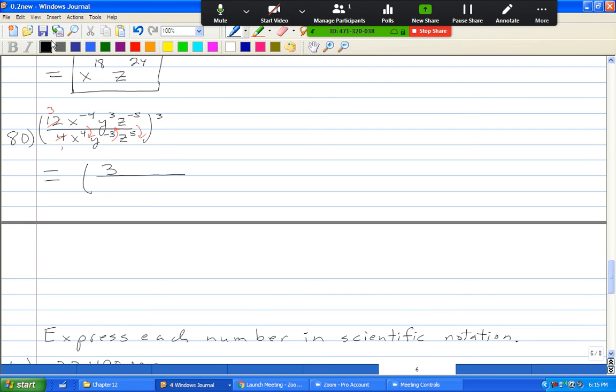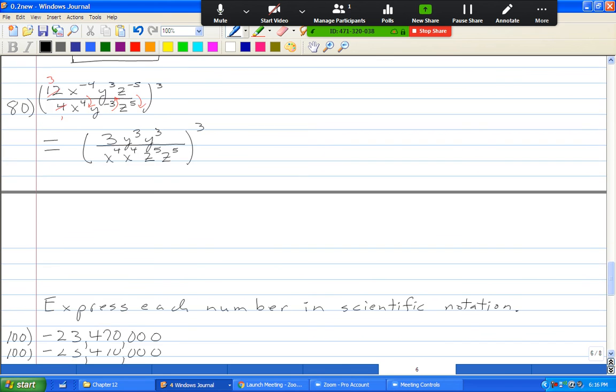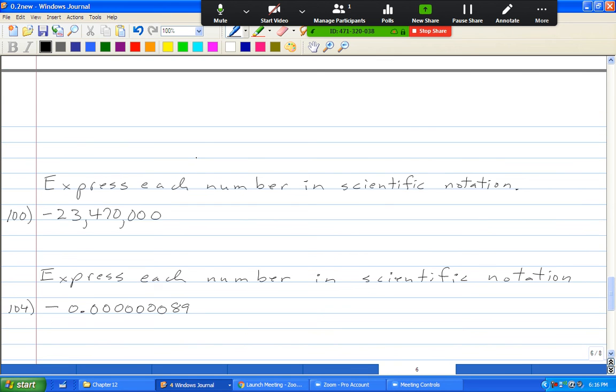So if I have negative exponents, I will interchange between numerator and denominator. So this x to the fourth goes to the denominator. This y cubed goes up to the numerator. And this z to the fifth, how symmetric, goes down to the denominator. So this is equal to,